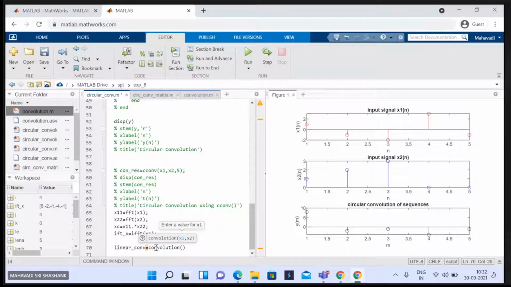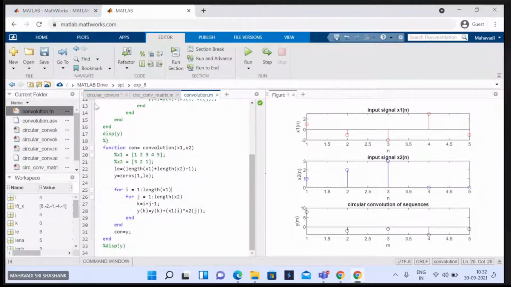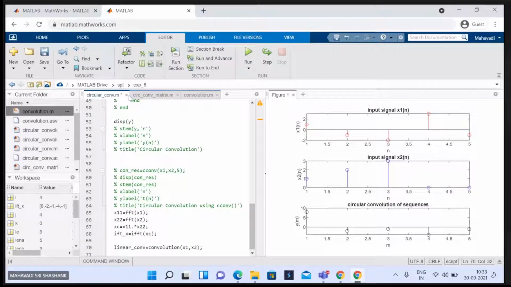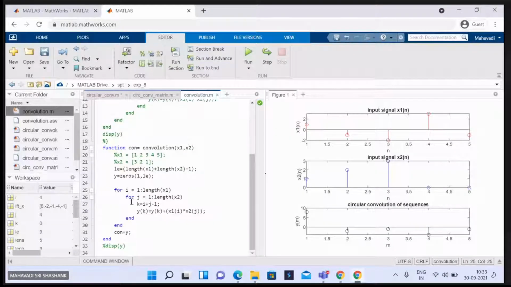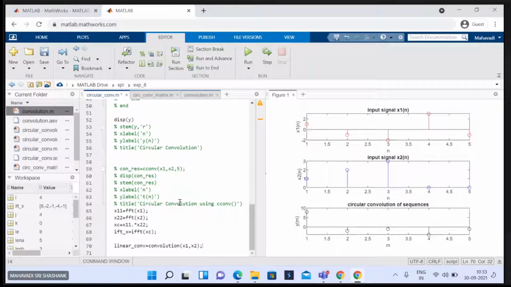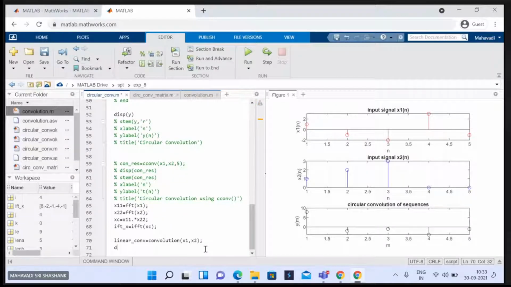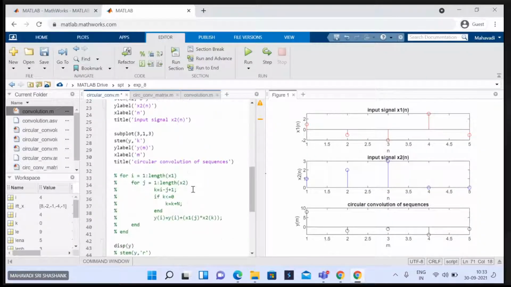So are you writing convolution any? Sir, I have written it here. This is linear or what? Yes, sir, linear. You are calling that function, right? Yes, sir. Okay, good. First run it and check it out. Don't pad any zeros now. Without padding zeros, first check what it is. Okay, then I have to change it. 1 minute.